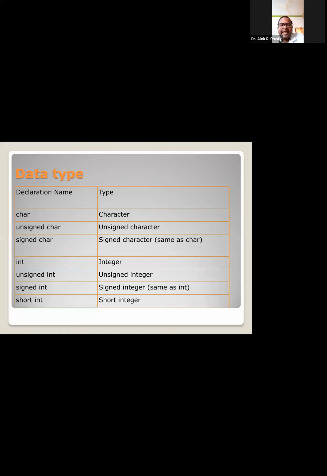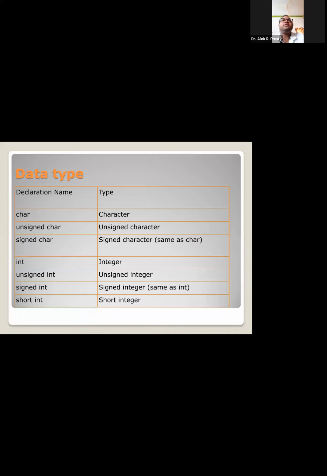Character is a data type. That means whenever I declare something as character, I can only store character values. Now whenever I declare an unsigned character, I am telling the compiler that for this variable, with the character type and the modifier unsigned, if it accepts any integer value under character, it should not be a negative number, it should be a positive number.